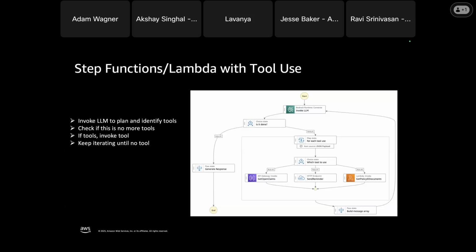Depending on that output, the choice state either chooses, hey, I need to make some tool calls, or I'm ready to generate the final response. So if it needs to make a tool call, it decides which tool to use, and that's in the output. And then it runs the tool that is asked for, returns the response back to the LLM, and then the same decision is made again.